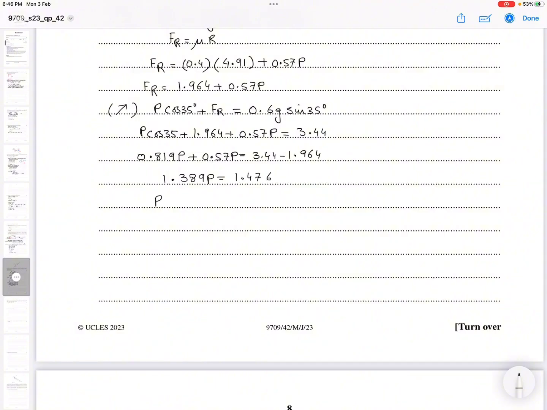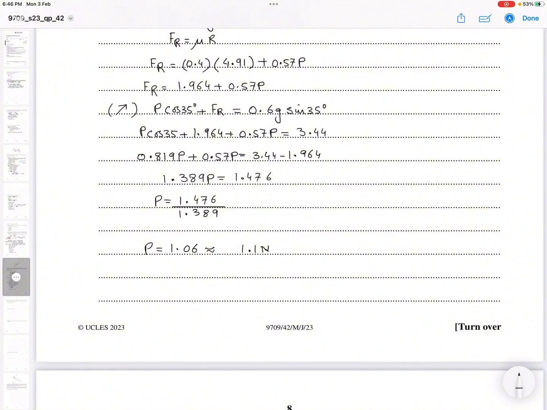So from here p is 1.476 divided by 1.389. So my p would be equal to 1.06, or it is 1.1 Newton,